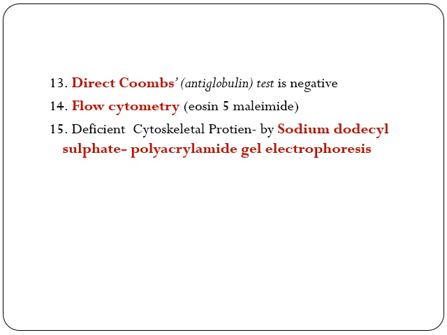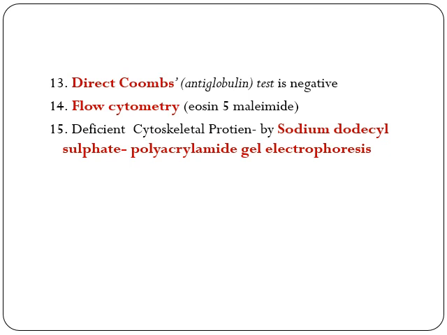Direct Coombs test is usually negative. In the direct Coombs test, we estimate the presence of antibody or complement that is bound to the red cells in vivo. Now, in this case, what is happening? There is no immunological reaction. So there will be no antibody or complement binding with the red cells and causing the hemolysis. So the direct Coombs test is usually negative in hereditary spherocytosis.